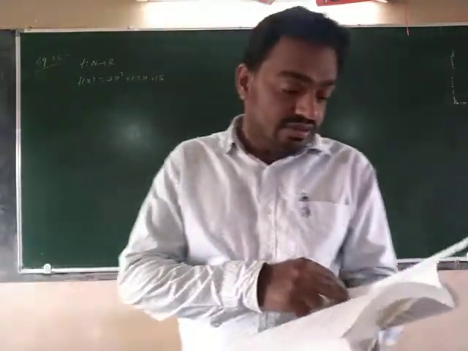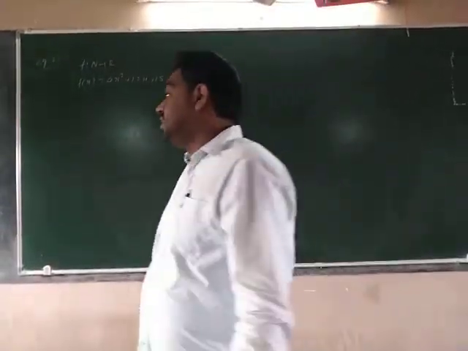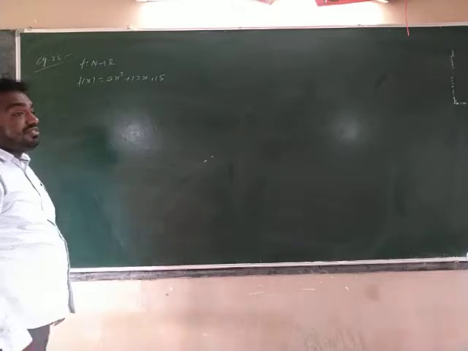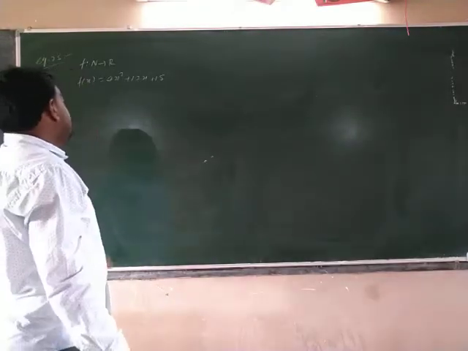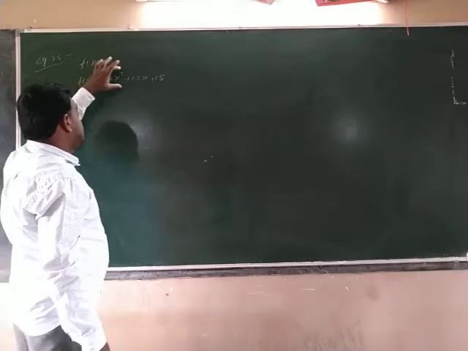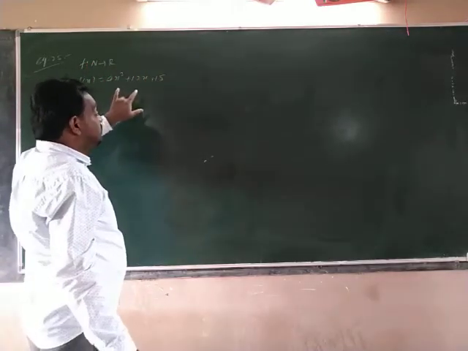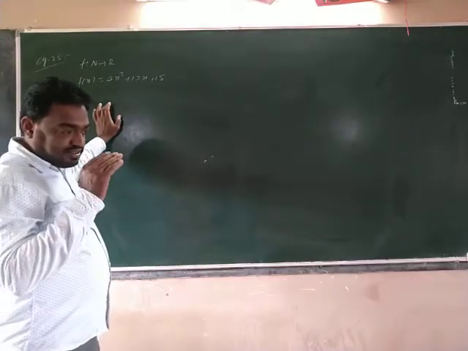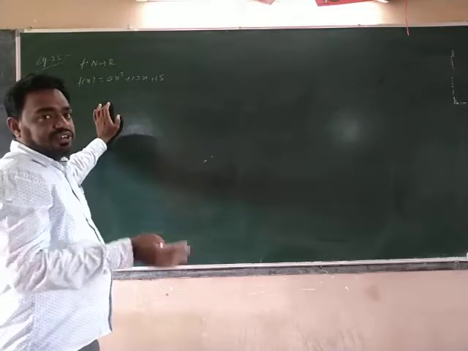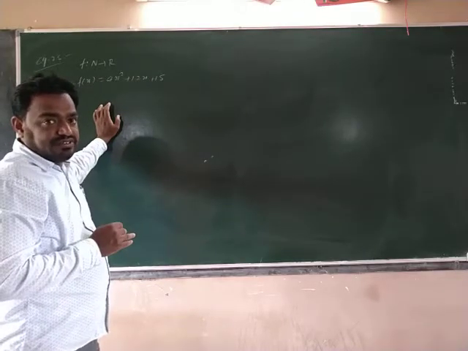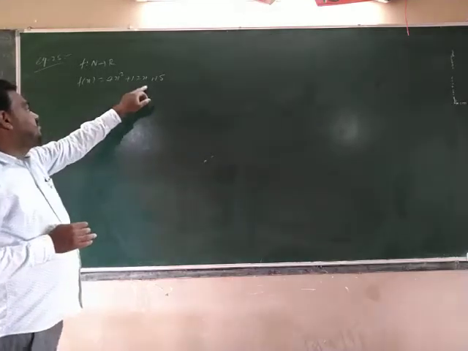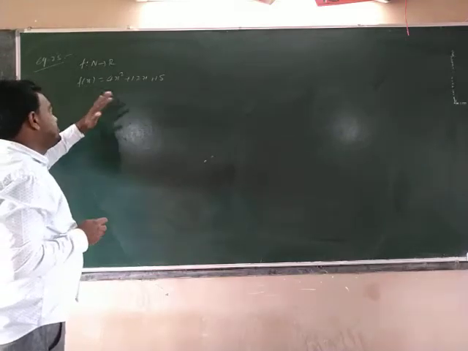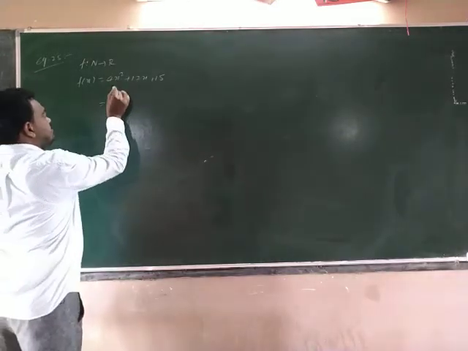So here we are going to show that f circle g is equal to I and g circle f is also equal to I. But here f of x is equal to 4x square plus 2x plus 15. So how do we assume g of x? By writing x as a subject, we get some function, and that function we take as g of x. So how do we write this? Writing x as a subject is a little bit difficult, so I am doing some changes. You see, 4x square is equal to what I am writing?